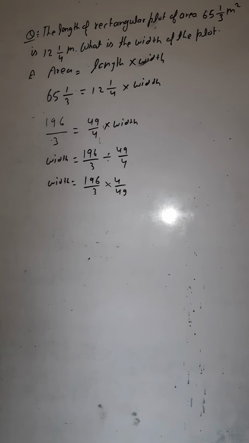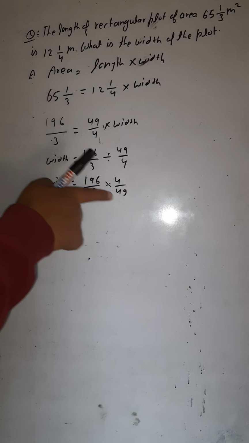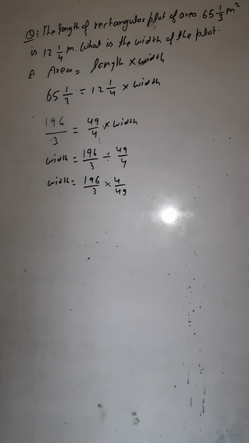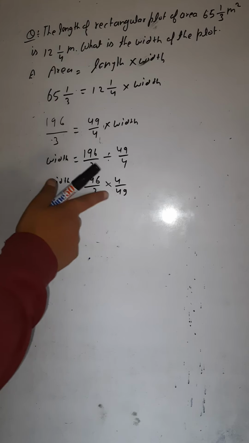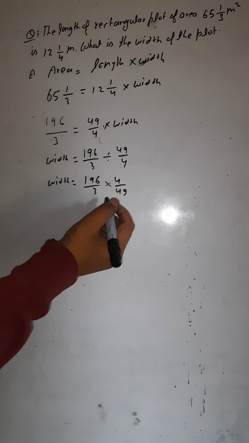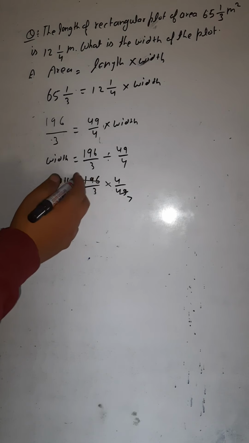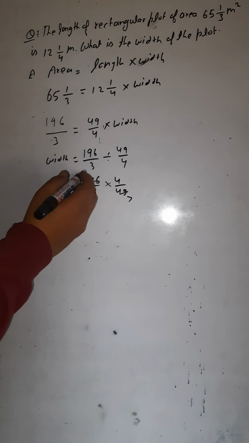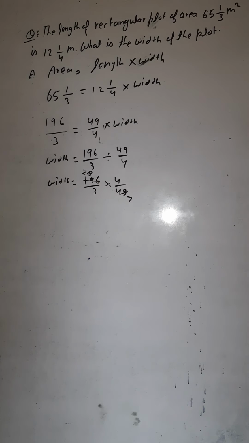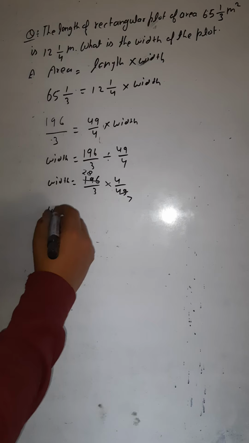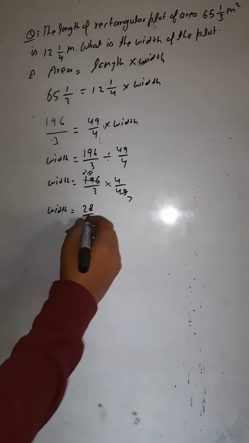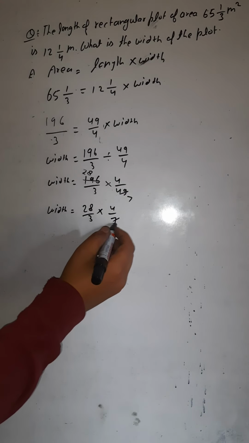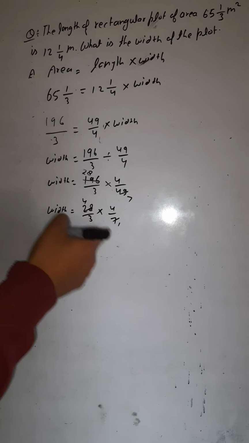Okay. Yes. Now both of these numbers you can cut by which number? I think by 7 you can cut. This also, this also. Look here. 7 7 ja 49, and this also you can cut by 7. How many times? 7 2 ja 14, 5 left, 7 8 ja 56. 28 times. Okay. So width would be equals to 28 by 3 multiply 4 by 7. Again you can cut. 7 1 ja 7. 7 4 ja 28. Both you can cut by 7.